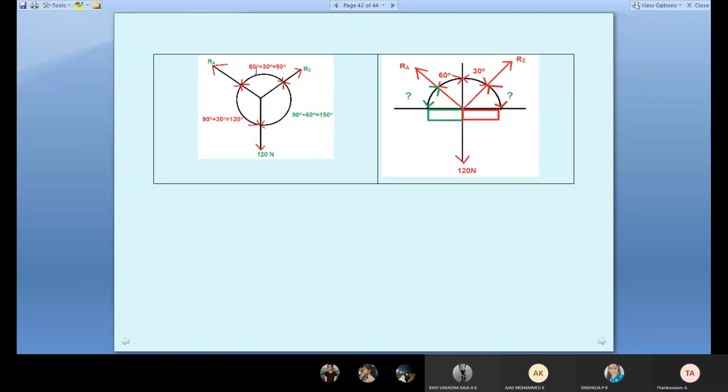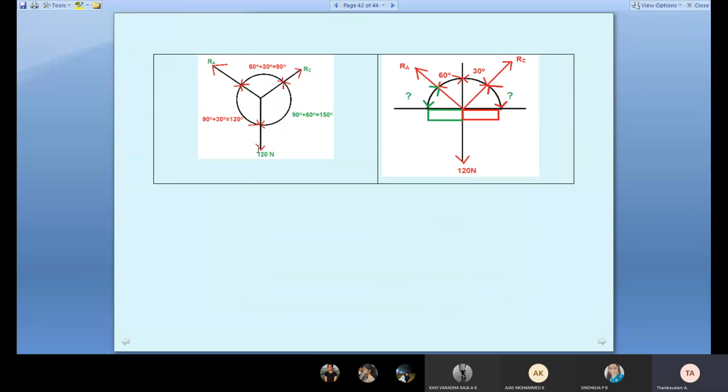See here, each quadrant is 90. It's the red color mark, the 90 and the 60, the arrow mark, the question mark I put. How is the angle 60? Because 30 is already over on that side. So 90 plus 60, 150. Similarly, see the second quadrant. In the second quadrant 60 is already there. What is the balance? 30. So 90 plus 30, 120.